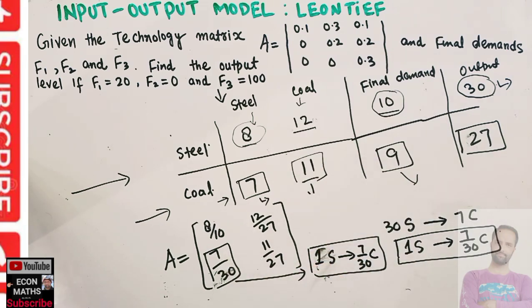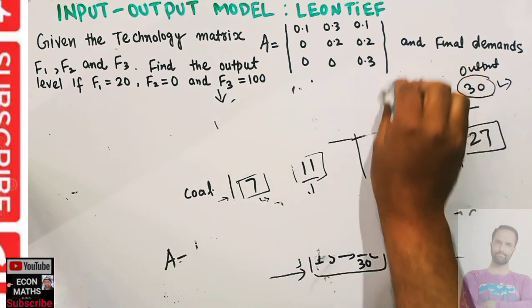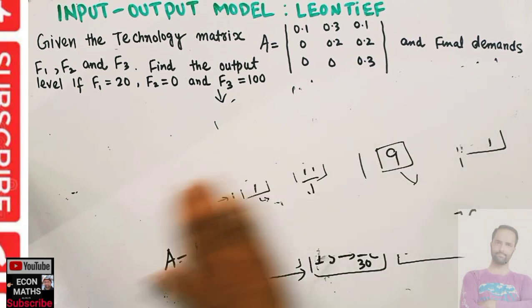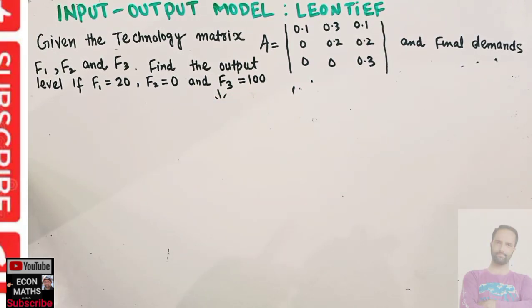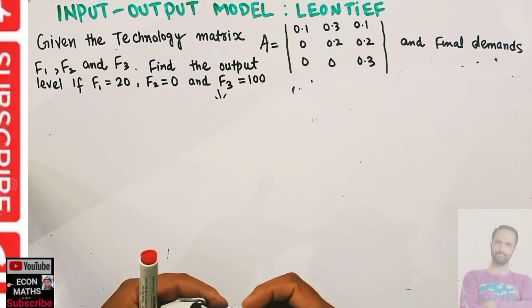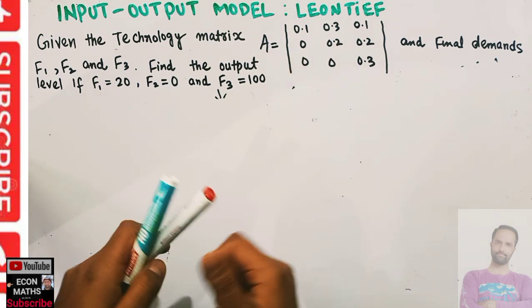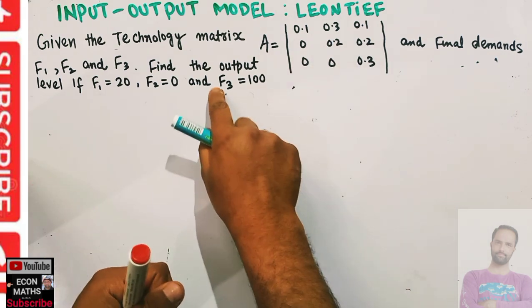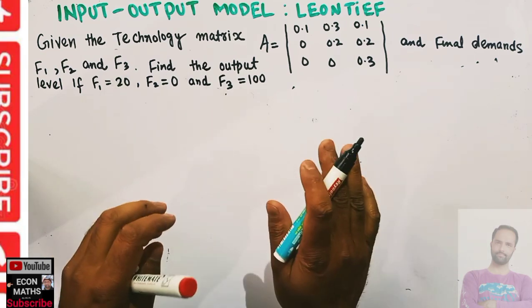Okay, so now we can go and solve the question. So let me rub this out. Now coming to the question, we are being given the technology matrix. First step is, I will not rewrite it here because I don't have the luxury of the space here. So first step is we form